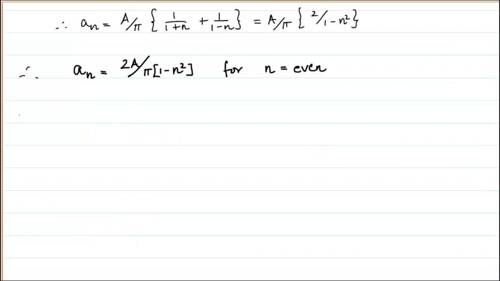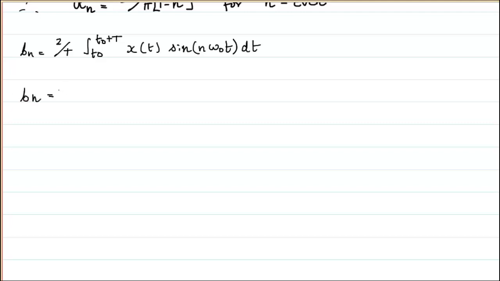So I will write next bn, the equation is 2 by T integral T naught to T naught plus T x of t sine n omega naught t dt, from which I can write bn to be equal to, capital T is 2 pi,